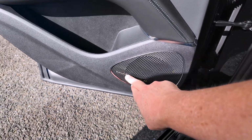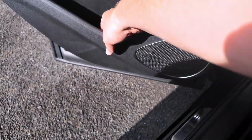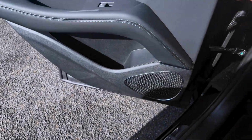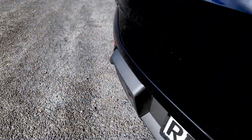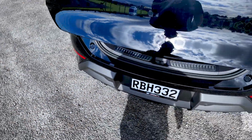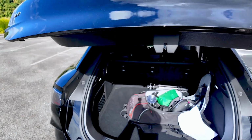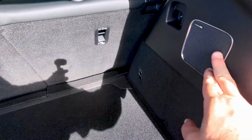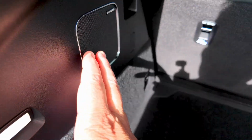Dynaudio speaker system. I think there's 12 of those. And a bit of storage in there. You can't fault that. And then into the boot, press that, and it goes up automatically. Just take out all my rubbish so you can see it better. Boot's 500 litres, little netting there, lights there and there, speakers, 1, 2,